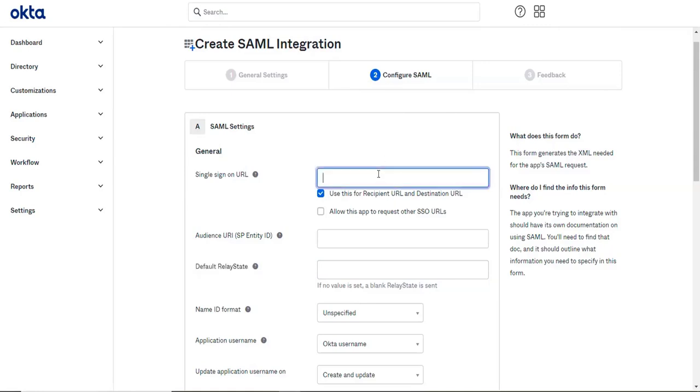Now I want these details. What I need to do is ask each and every detail to the app team. I have to ask, can you share the single sign-on URL for your app? And I will ask, can you share the SP entity ID or audience URL for your app? And do you have any default relay state?